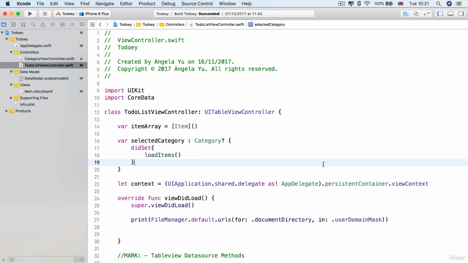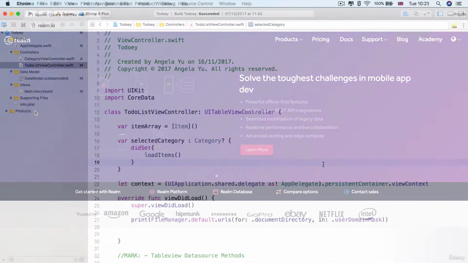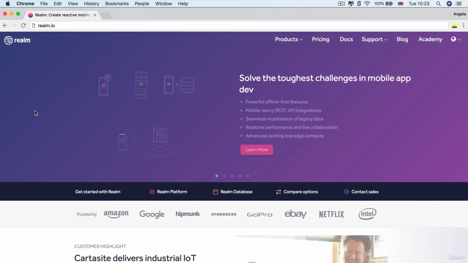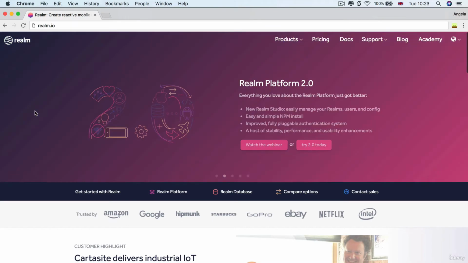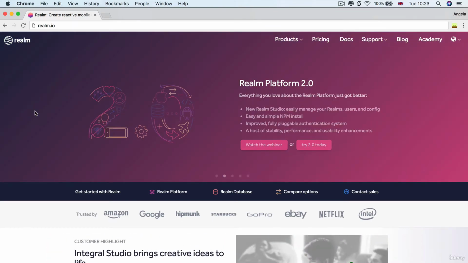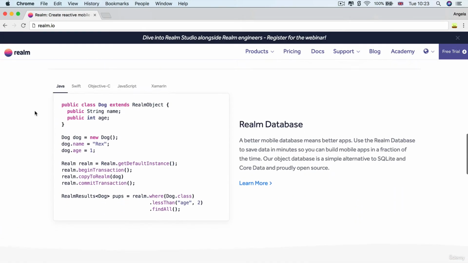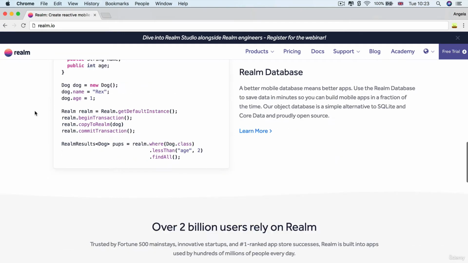All right, so in this module, we're going to look at how we can use Realm to persist our data instead of using Core Data. If you have never come across Realm, then it's a good idea to familiarize yourself with it by going to realm.io. And they've got a whole bunch of educational resources, as well as tutorials, example apps, and also really, really